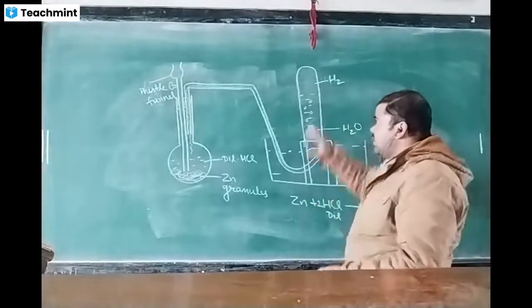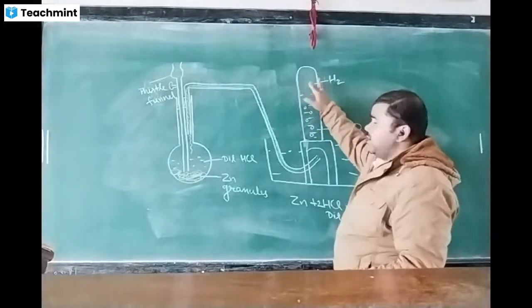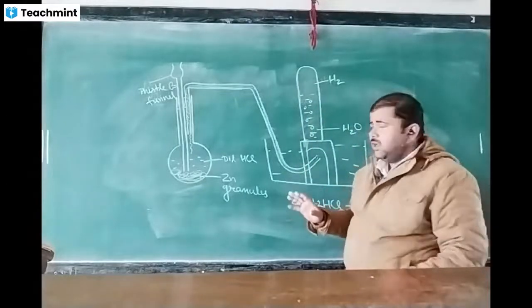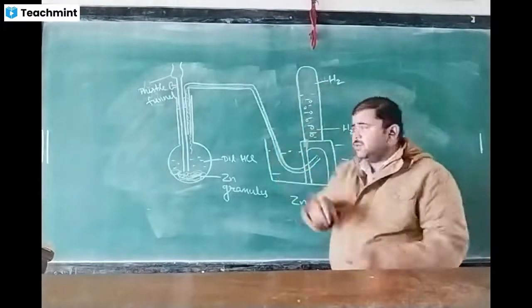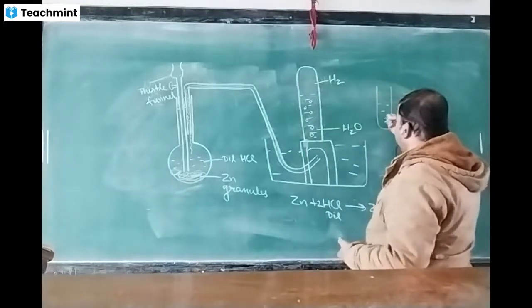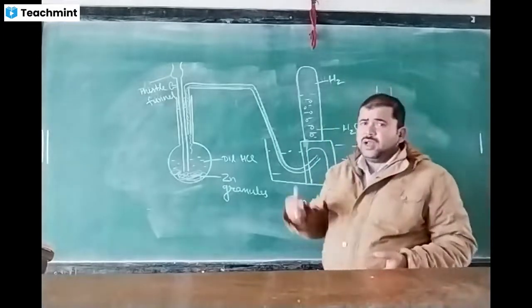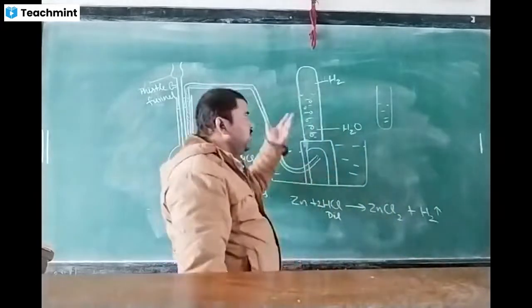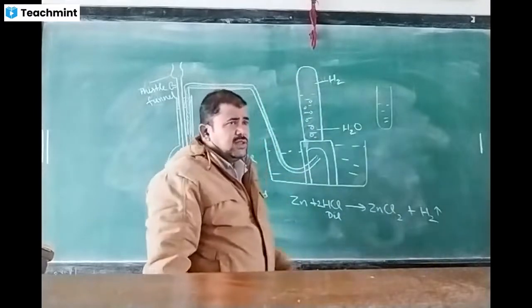And here in this inverted tube, water is present up to here, so one empty place is present. In this empty place, no air is present. This is created in the tube by taking water in one tube. Suppose this is the tube and we are taking the water, and if we invert this tube, one vacant place develops at the upper part. Vacant place means empty place, no air present. That's why hydrogen gas is collected in this empty place, and it is pure.